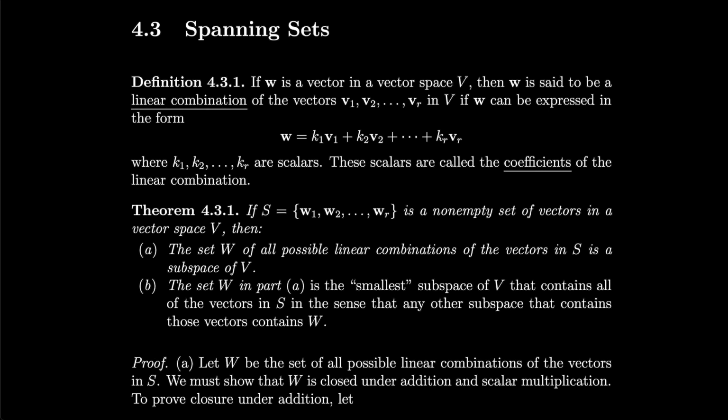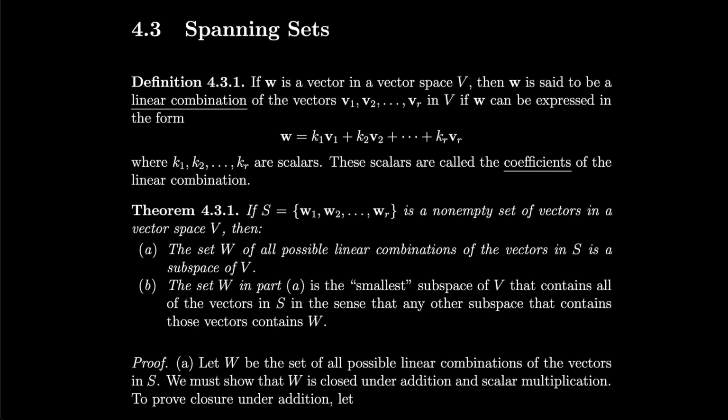So essentially we're saying that if you can build a vector out of other vectors by scaling those vectors and adding them together to make that new vector, w, then w is a linear combination of the other vectors. If S equals w1, w2 through wr is a non-empty set of vectors in a vector space V, then